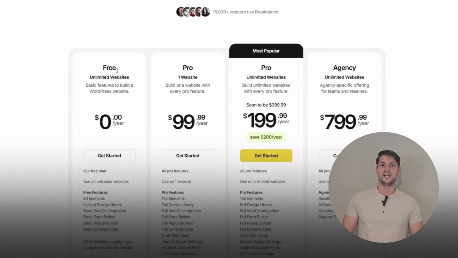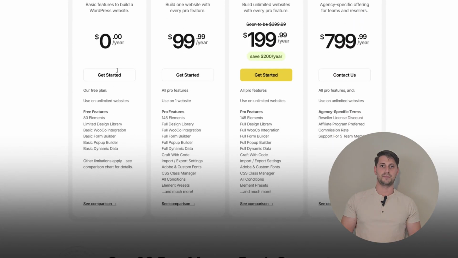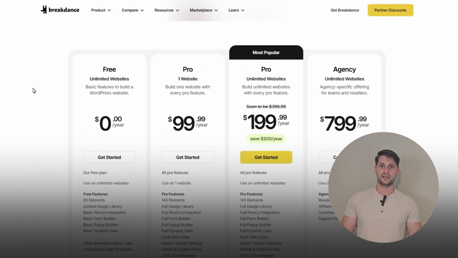2, it's way more intuitive. If you've used something like Bricks in the past, you know that you can get lost in a lot of the systems that are built on there. That doesn't happen with Breakdance. Everything's so easy to find, and the elements are all baked in right for you to use right from the get-go. 3, pricing. It undercuts Elementor's premium packages significantly, offering a free version, a one-site plan, and even an unlimited